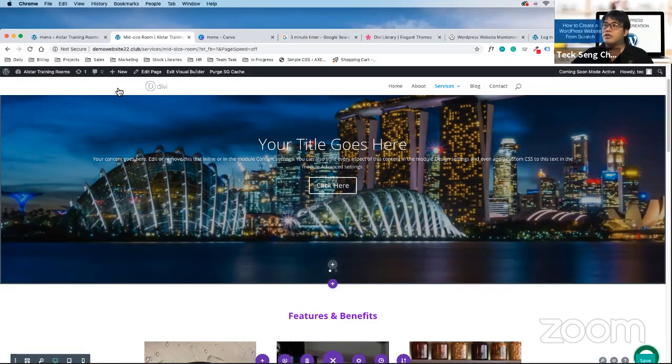Do you want to give it a try on your own? Because it's going to be quite simple, to create a mid-size room by cloning the small size room. Can I give you all 5 minutes to do this? Should be very fast.